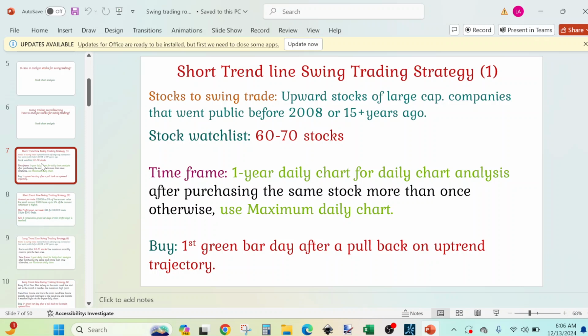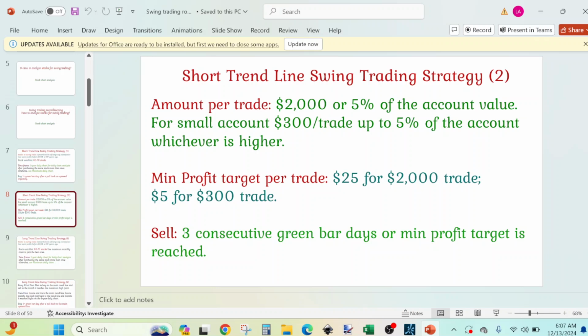I'm just going to explain mine, because it's just one trading strategy out there, a swing trading strategy. For 2024, I use a short-term uptrend line swing trading strategy, where I aim for shorter trend lines, and I sell a few days after to lock in that small profit and repeat the process. In that, I target small profits and allocate about 5% of the cash available in the account